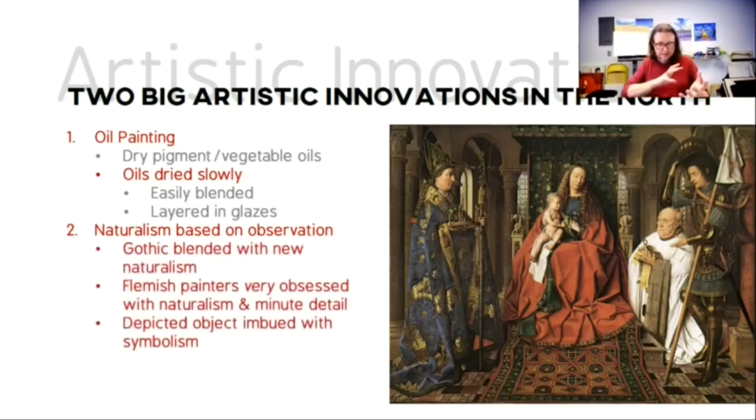So there's a style that develops in the North that takes the Gothic way of making art and blends it with the new naturalism that was coming out of Italy. And the Flemish painters in particular became very obsessed with naturalism and the most minute detail. I mean, look at this painting that I've got on the screen right now by Jan van Eyck. Right, this particular painting, it's got so much detail in it, so much so that it is said that